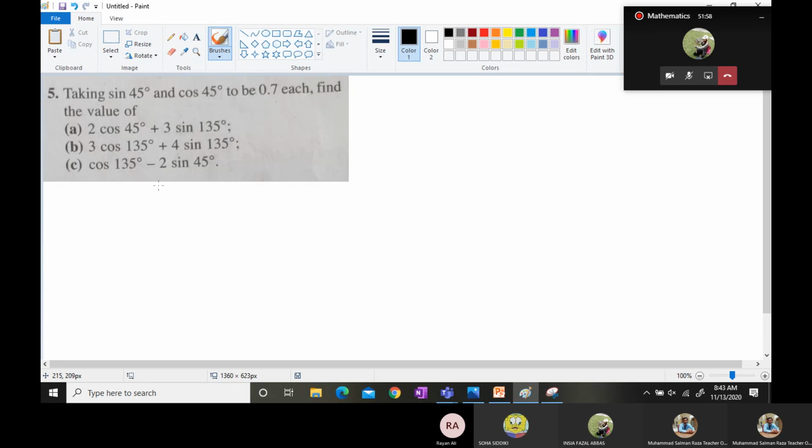Now this is purely a paper one question. So how to solve such type of question? Over here, we see that in part A, it says 2 cos 45 degrees plus 3 sine 135 degrees. And cos 45 value is mentioned as 0.7. Do not put it in the calculator, otherwise it is going to give you 0.707. Over here, we need to consider this as a paper one question and we need to write this value only, 2 into 0.7. And over here, you already know that we have studied a formula of sine theta is equal to sine 180 minus theta.